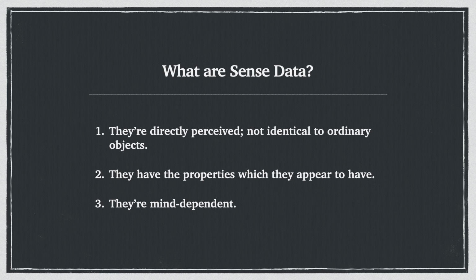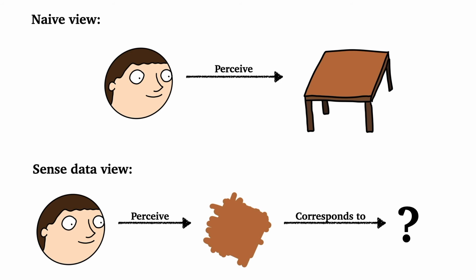So let's go back to this highly detailed scientific picture we began with. I think we have two questions to ask now. The first question is this: does sense data theory seem like a good model of what goes on when we have perceptual experiences? Is it a better model than the naive view?